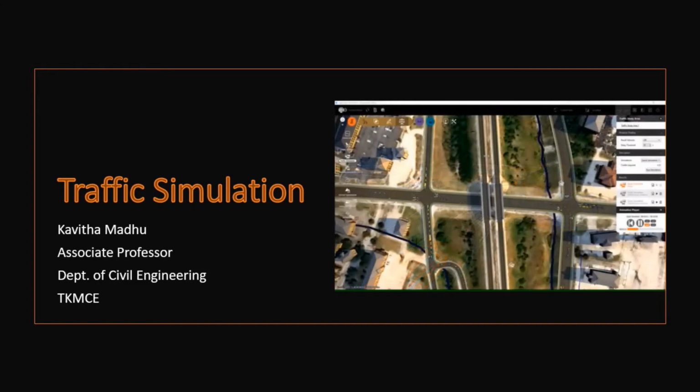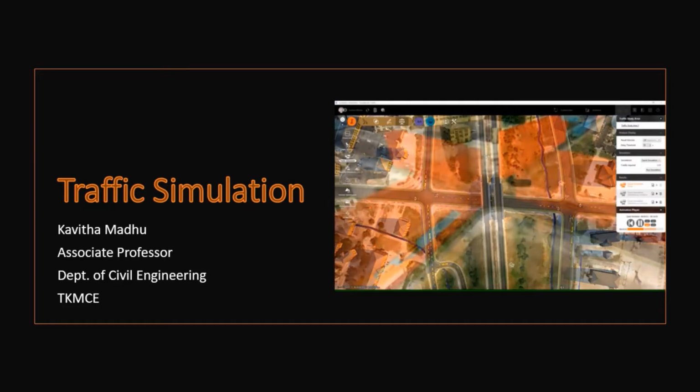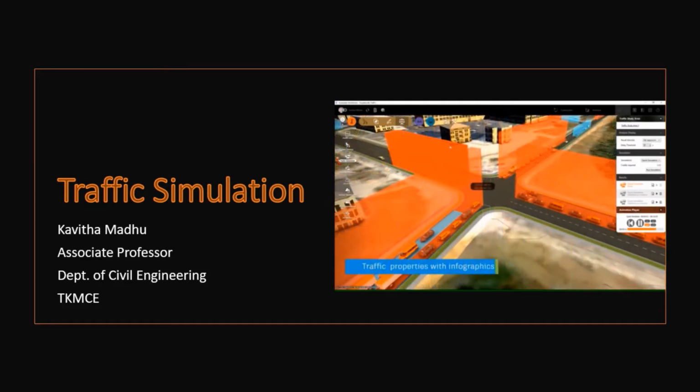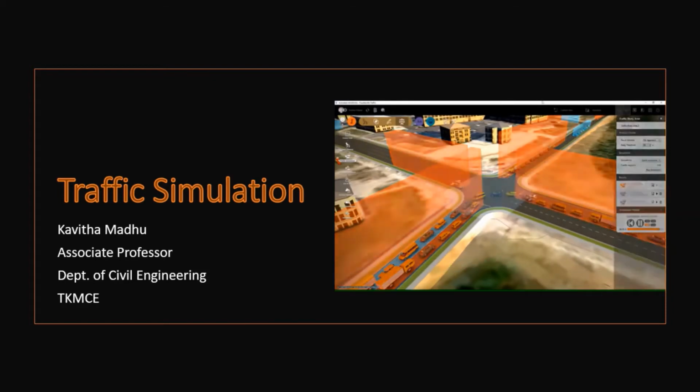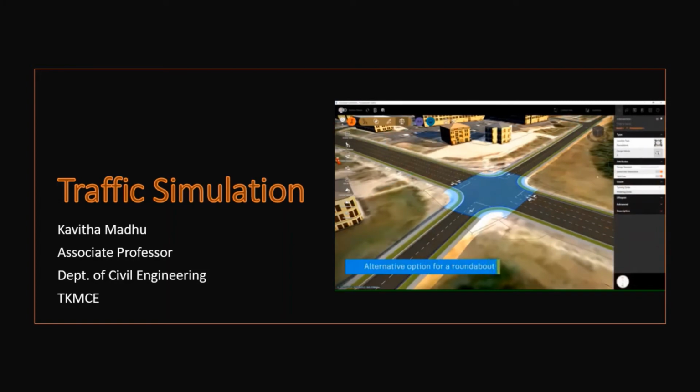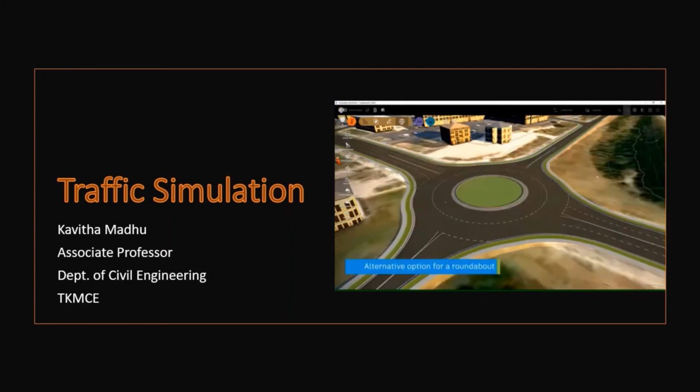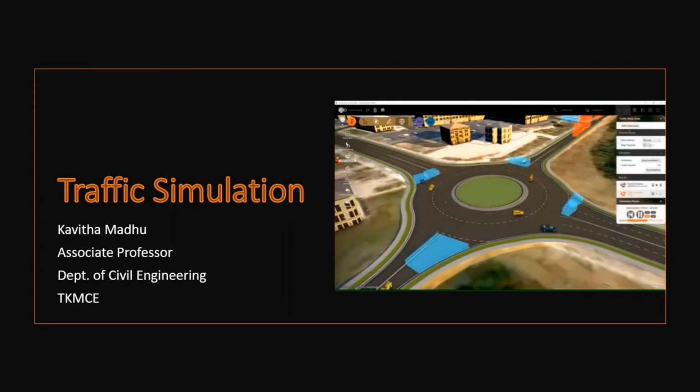In order to build these traffic simulation models, we require a huge amount of field data like the road geometry, the vehicle characteristics, the volume, the speed, the travel time. All this data is given as input, and the computer model could emulate what is happening in the field. Using that tool, we can implement what is beneficial for the users, and we can evaluate various strategies. So this plays a very big part in the research and development of traffic